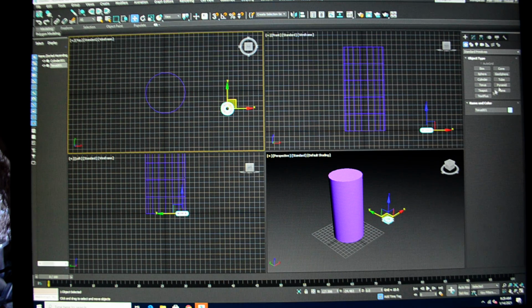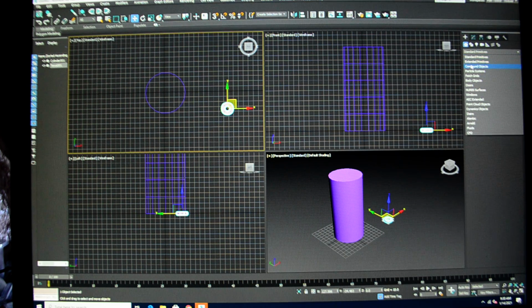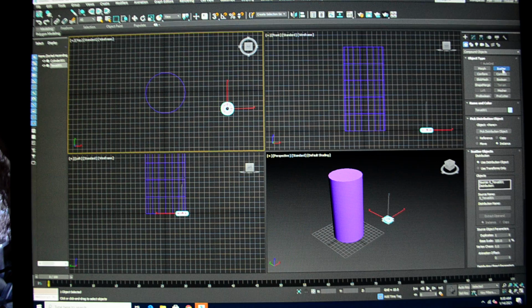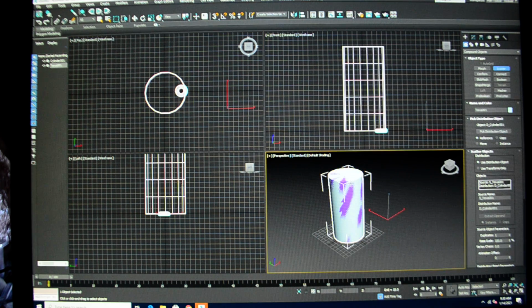Okay, so I'm starting with the object, going to compound objects, scatter, pick distribution object. I turn the distribution object into a reference because it's one less object in the scene. Okay, pick it, and